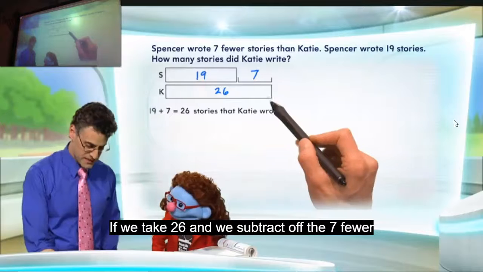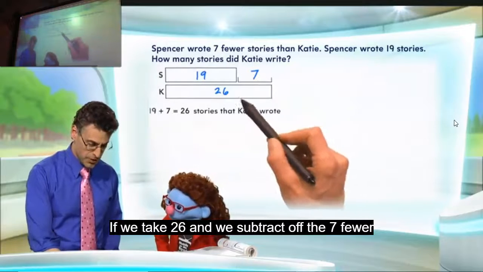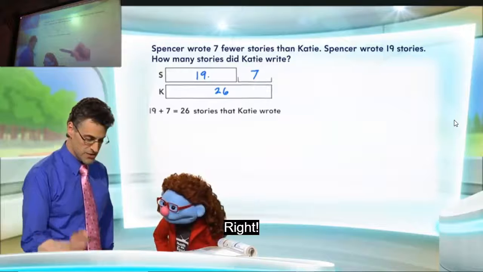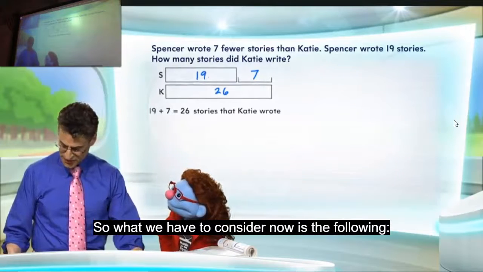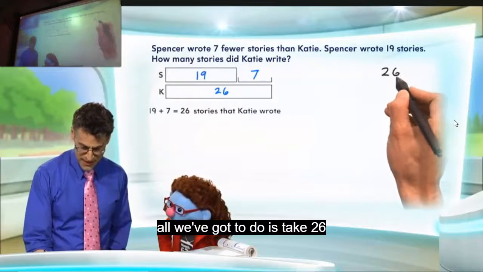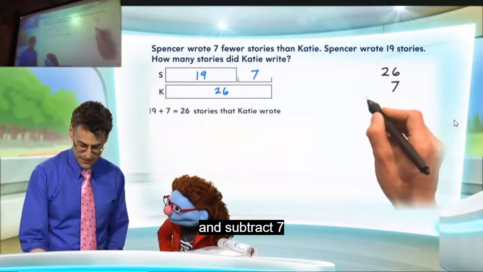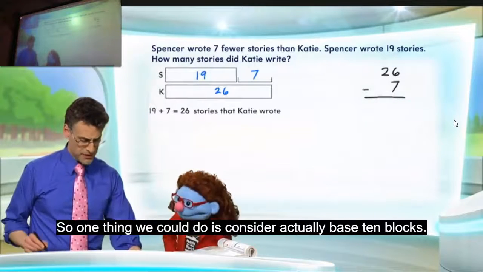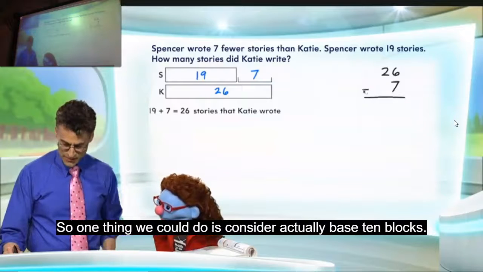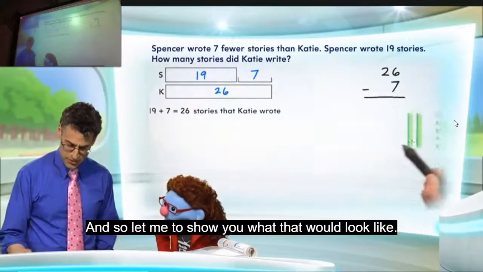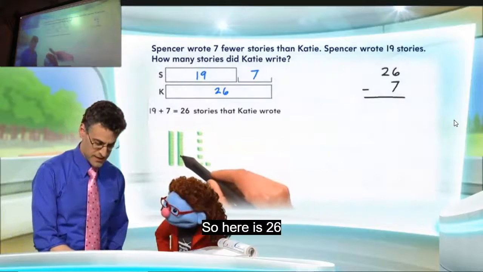If we take 26 and we subtract off the 7 fewer, then we should be left with this, which in fact is Spencer's. Right. So what we have to consider now is the following. All we've got to do is take 26 and subtract 7 and see what we get. That might be a little scary looking. So one thing we could do is consider actually base 10 blocks. And so let me show you what that would look like. So here is